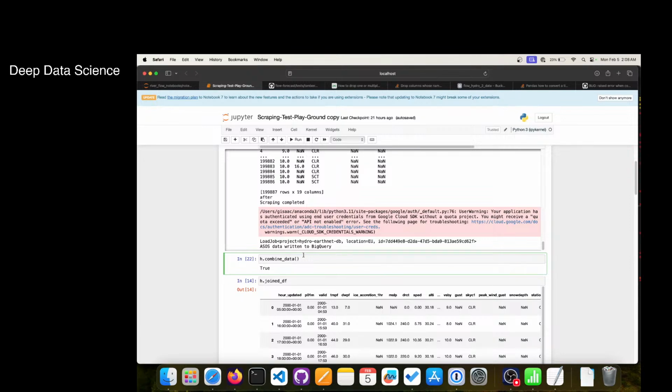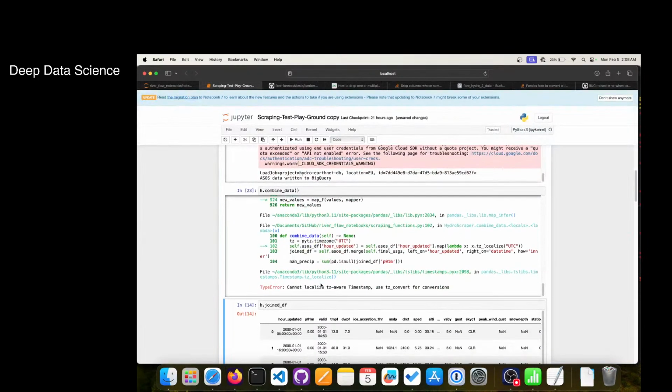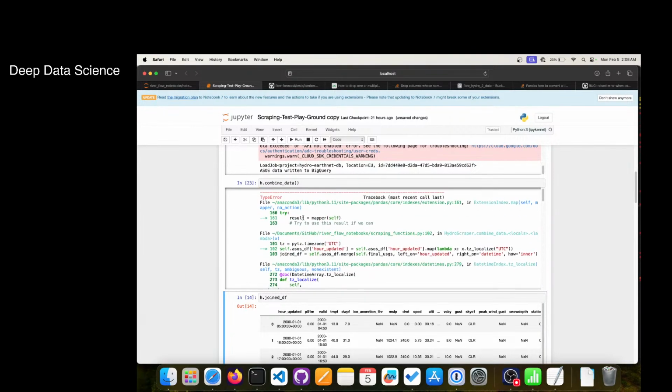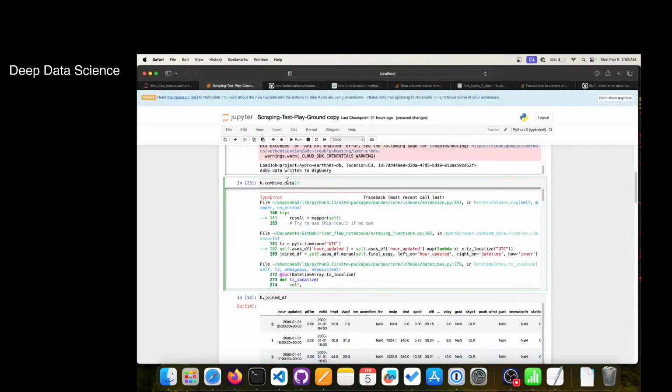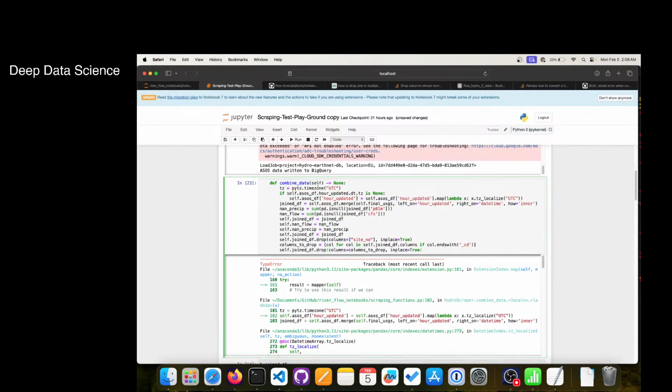But let's try that. Stupid piece of shit. Okay, well, I guess I'll do